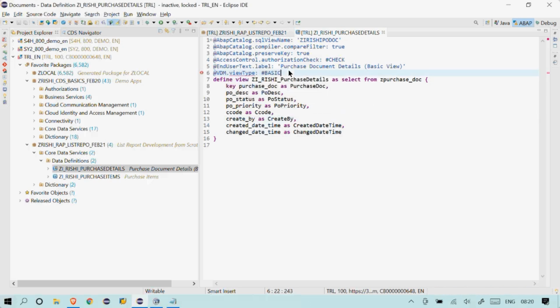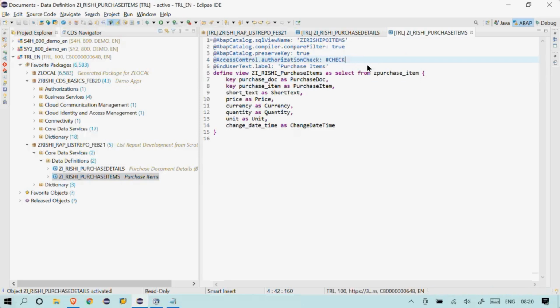So we are not able to use this specific annotation for now. So activate this one. In on-premise, you can see it's already released, and we can use this specific annotation in on-premise. When you're creating on-premise, you can use this one. For now, I have commented this one out because in cloud it's not permitted yet.